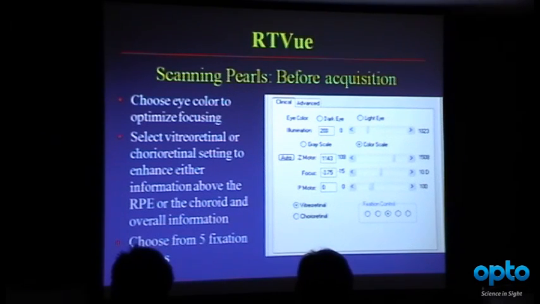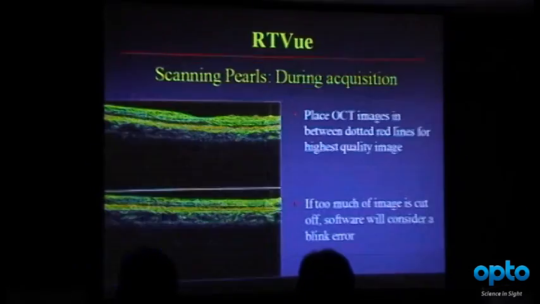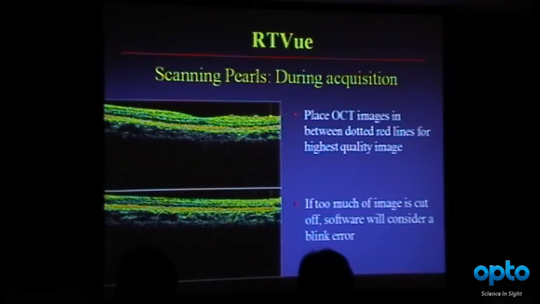Just automatically do the chorioretinal setting. However, if we're interested in vitreous pathology, we'll let the imager know that we like the vitreous setting. Fixation settings will also help, and once you place the patient into the machine, you want to have the image,